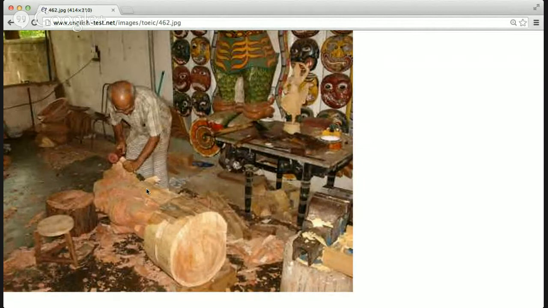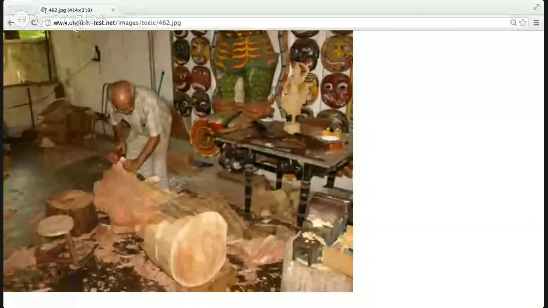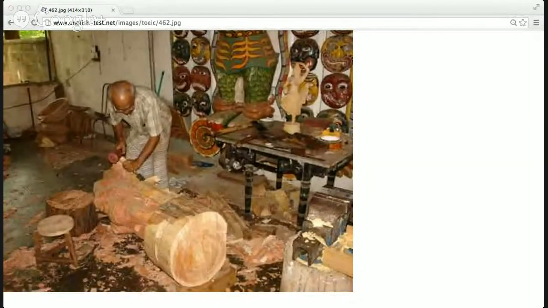Okay, so what he's doing is he is carving. So he probably makes these different masks. So right here he's carving some wood. Carving with his job. Yep, that's his job. He's a wood carver. He's making some masks or something for souvenirs for the tourists. On the floor, there are some chairs and tools, a little wide place.